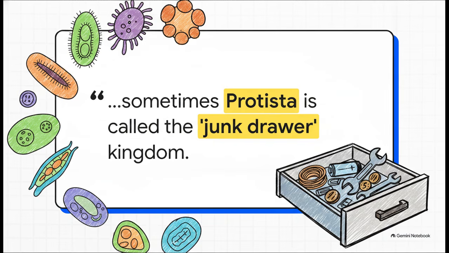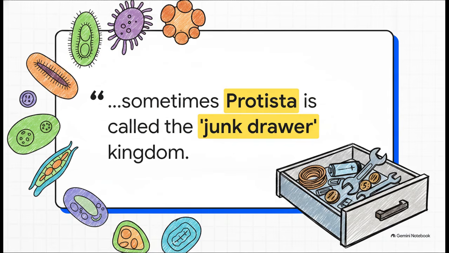Because these organisms actually have very little in common aside from having that nucleus, this kingdom is famously known as biology's junk drawer. Think about that drawer in your kitchen. You know the one. It's got batteries, a few rogue rubber bands, maybe some loose paper clips, all because they don't really belong anywhere else. Well, Kingdom Protista is exactly that, but for eukaryotes that can't be neatly filed away as true animals, true plants,